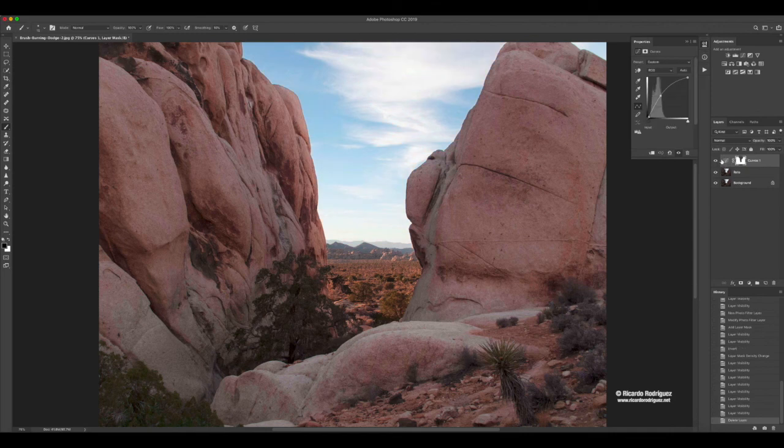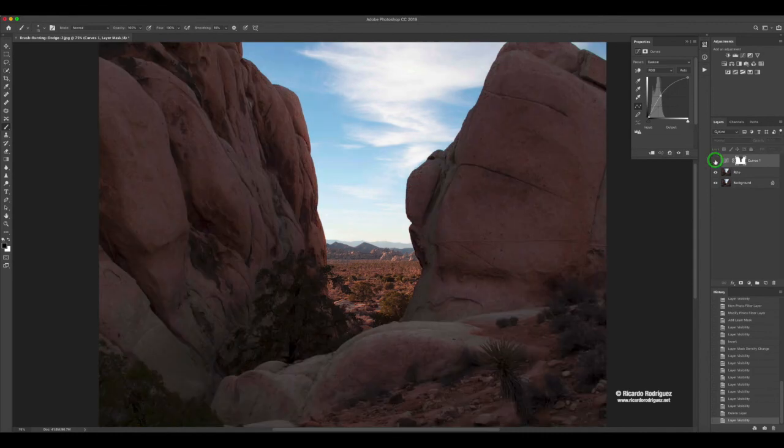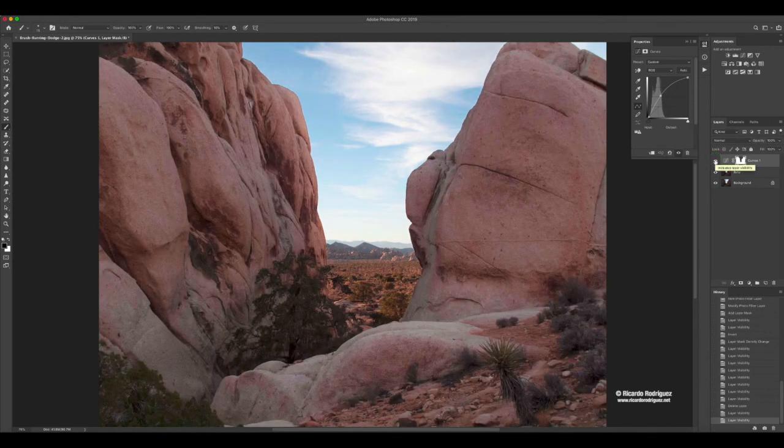The one that I want you to do and try right now is doing this one right here, where you make the foreground brighter. Now, you don't have to do it with curves. You can do it with levels, or any of the other tools like brightness and contrast that you find useful for you. I do recommend the curves that you start getting used to it because it will give you a lot more